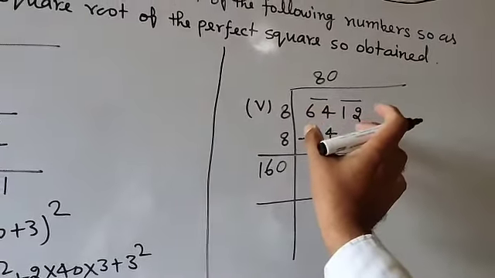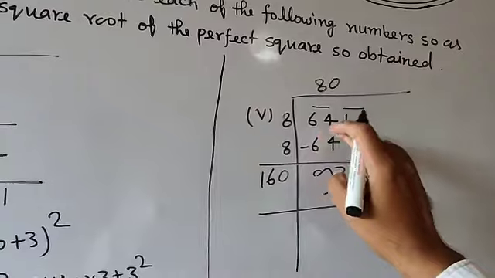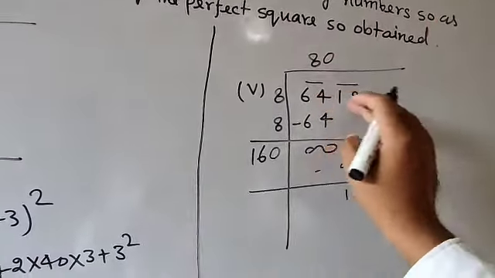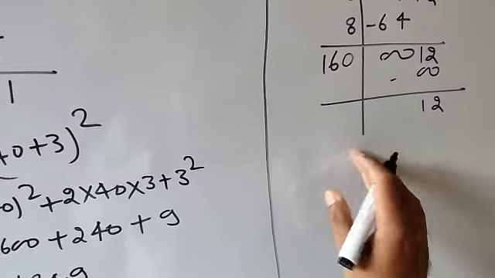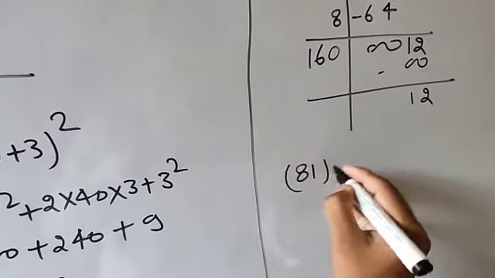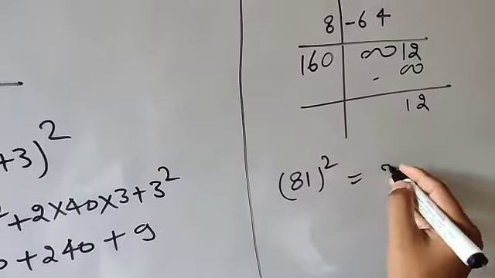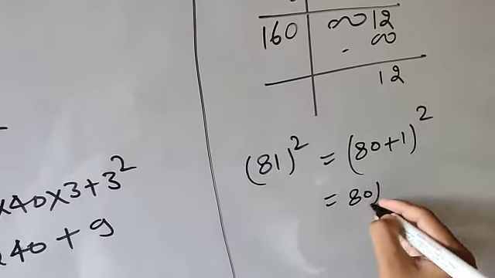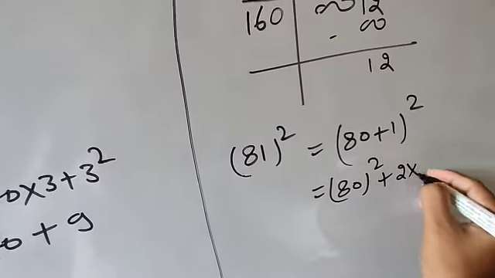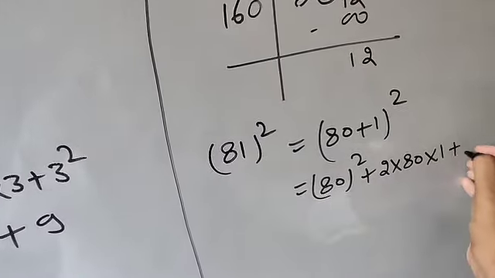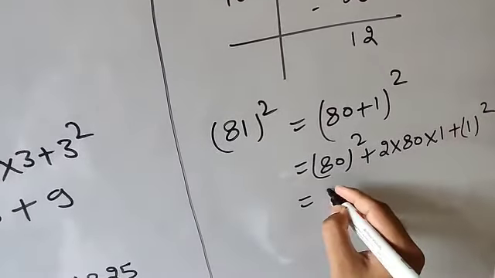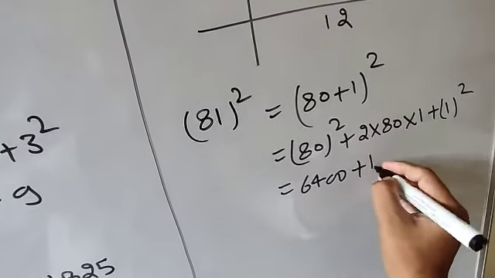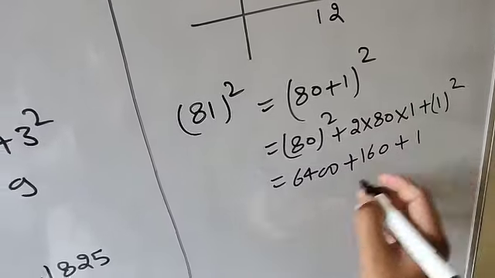It means if you are going to add any number, that will be the square of 80 plus 1, that will be the square of 81. So here you need to find the square of 81. So 81 square is equal to (80 plus 1) square. It will be x square plus 2xy plus y square. So 80 square will be 8 8s are 64, and 2 into 80 will be 2 8s are 16, so it will be 160, plus 1 square, 1.